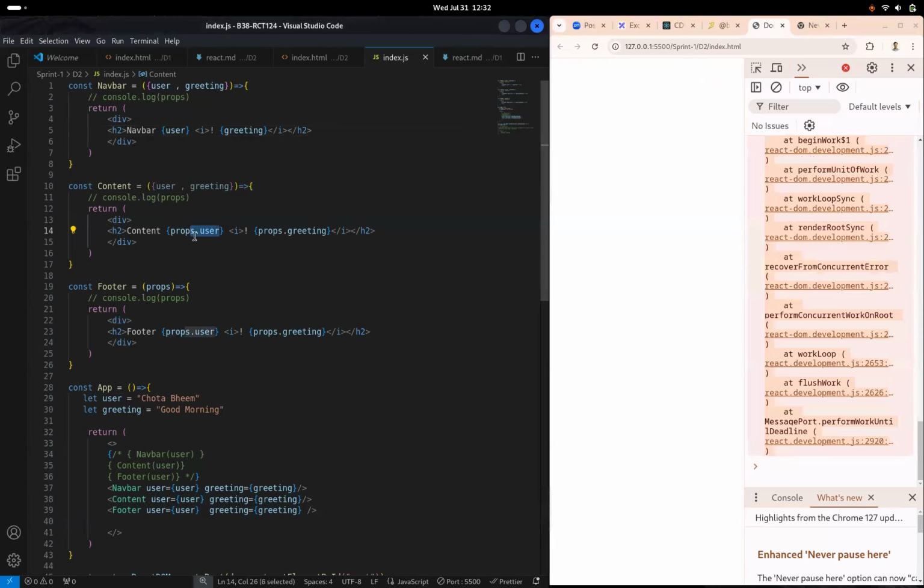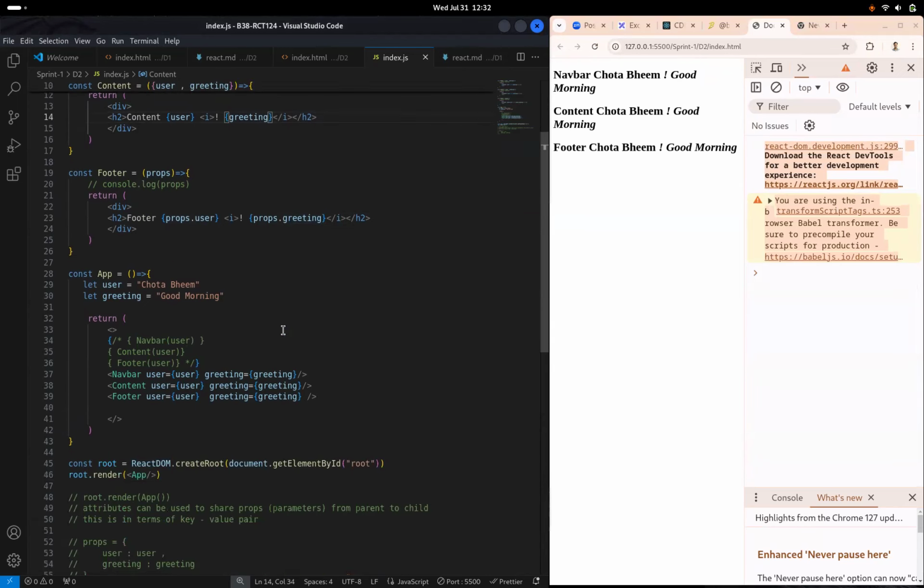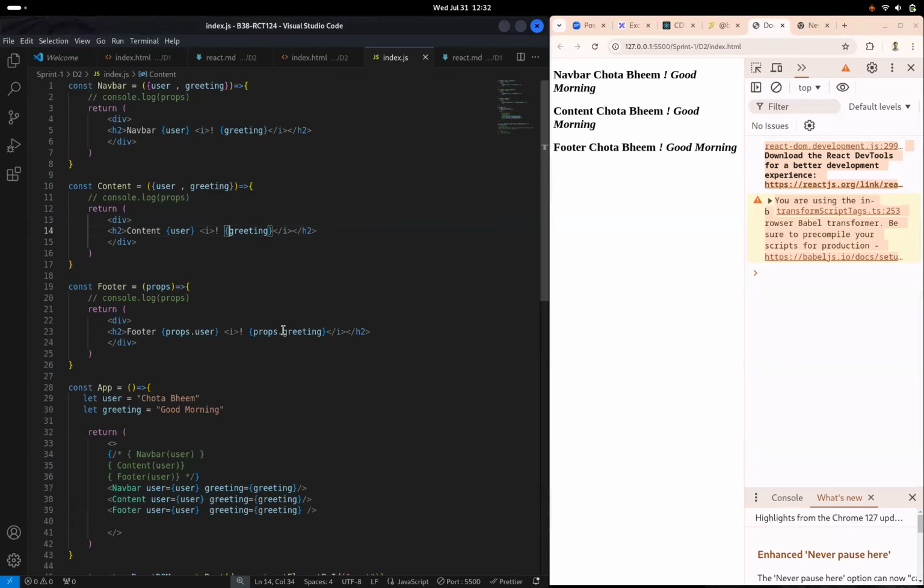Let me just fix this also. The last one I'll keep as it is, just for reference. So this is clear, everyone? Any doubts in this, how you can pass data, share data with children from parent to child? Is everyone clear? Okay, then I give you guys